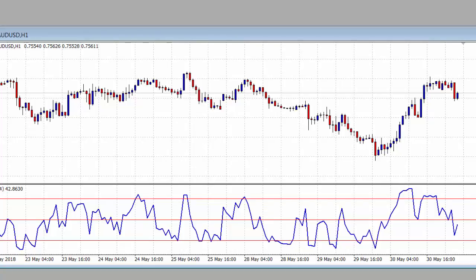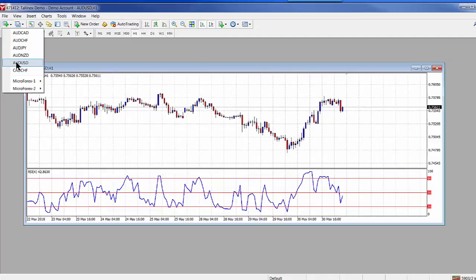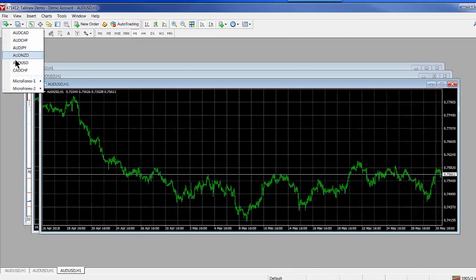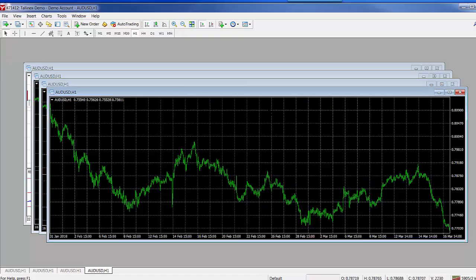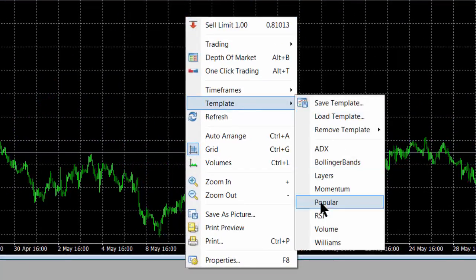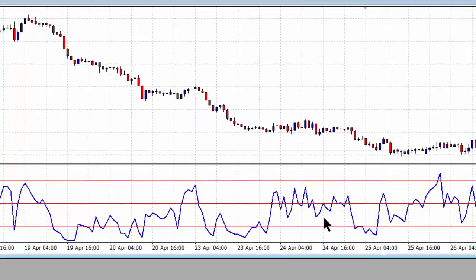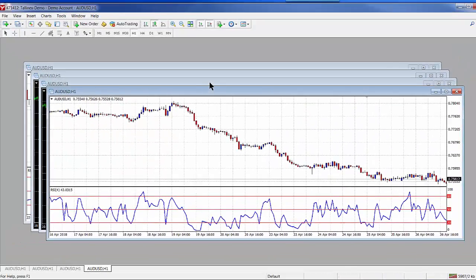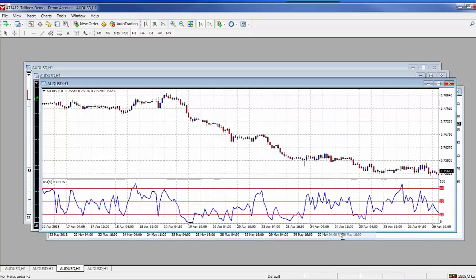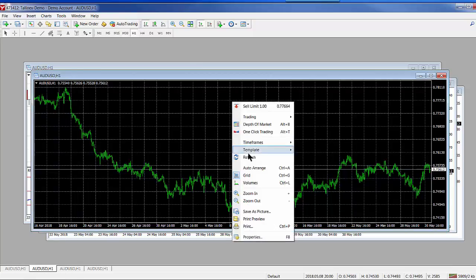So I'm going to open another 3 of the Aussie. Notice they come out in the same format as before, but now all I need to do is do template and click on RSI, and there it's loaded. Do the same thing here, template, RSI, and it's loaded. And here we go, template,